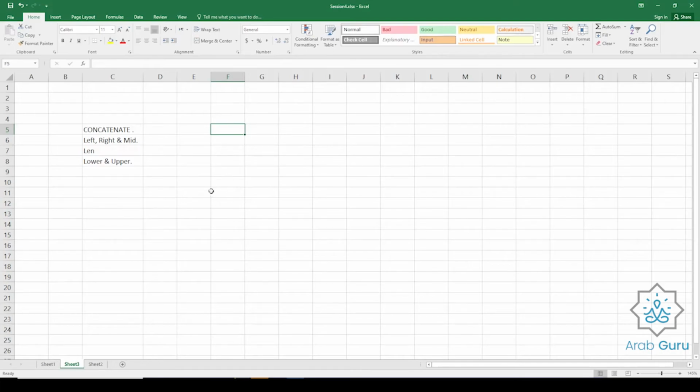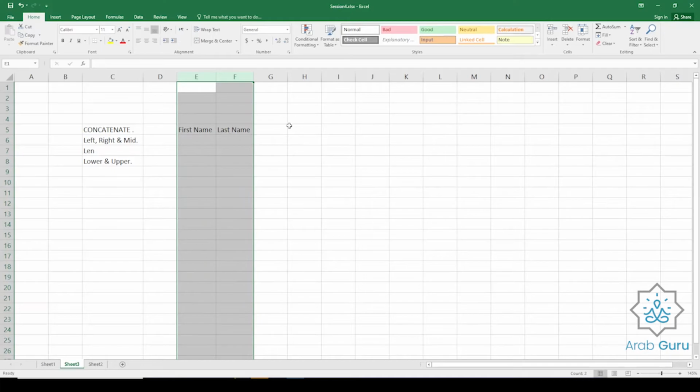Concatenate, for example, is used to combine two texts together. For example, if I have first name and last name, and I need to combine both names together,